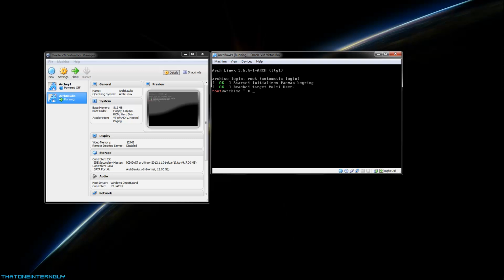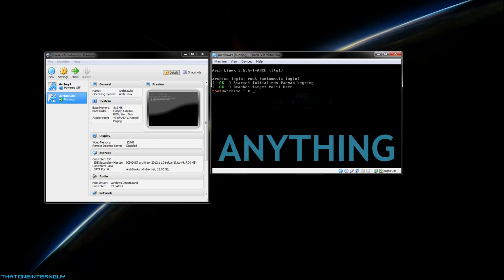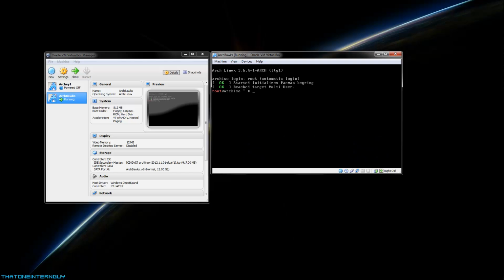Alright, so we're in. The system automatically makes you root, which is like the administrator in Windows, so you have access and are able to do anything. So to begin, let's tell the system what language we're going to be defaulting. So in order to do that, we're going to do nano. Nano is the command line text editor, and we're going to be editing